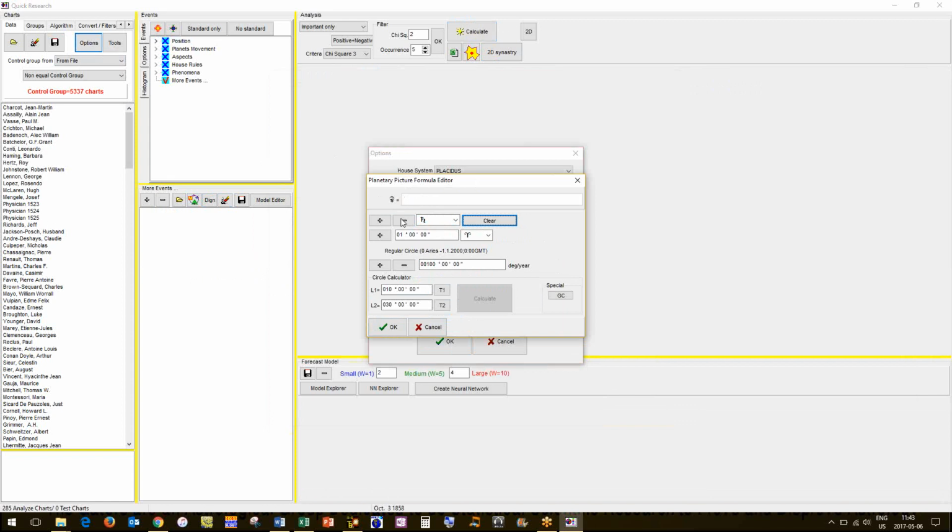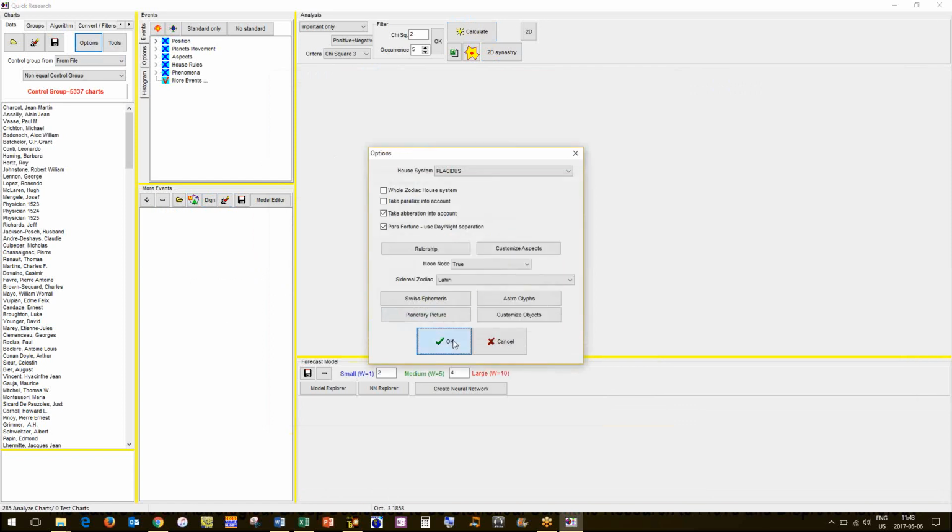Oops, clear. Let's try that again. Sun, add that, minus Mars, minus Neptune, or plus Neptune, whatever. You could create your picture and add that.